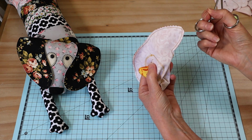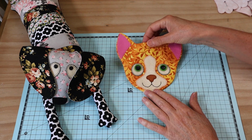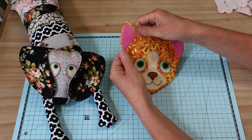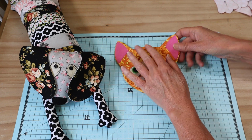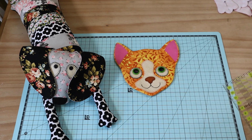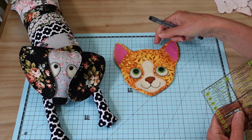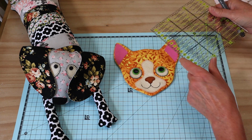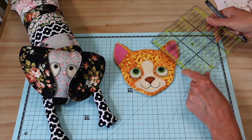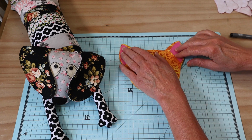Same with the other one, we'll pull it all through and we will give it a press. I have that little head turned through now, and you can see there that I've just given the tops of those ears and the top of the head a little press, because now we need to just draw a line just across the base of that ear there, so you can see where the dip in the ear happens, just at the base of the ear there. Just draw a little light line across there,